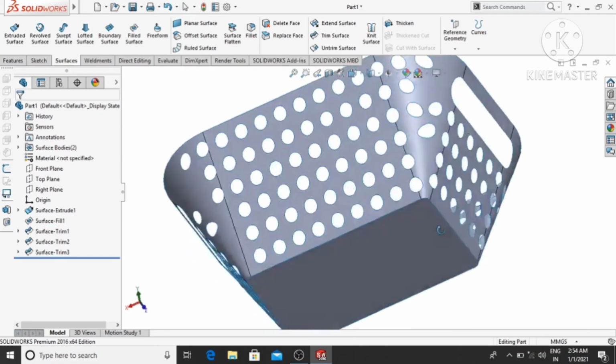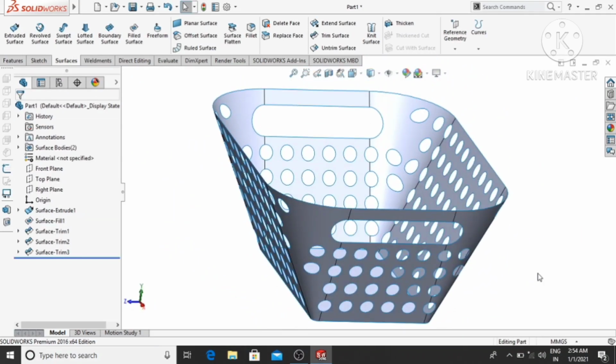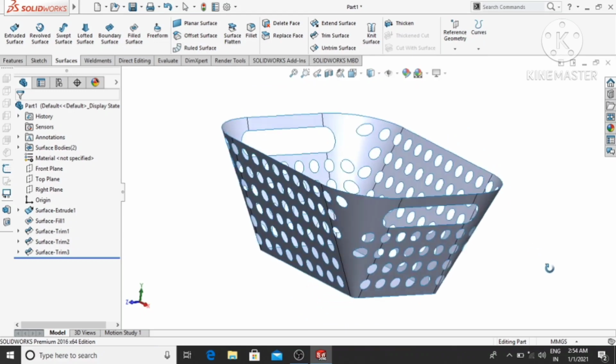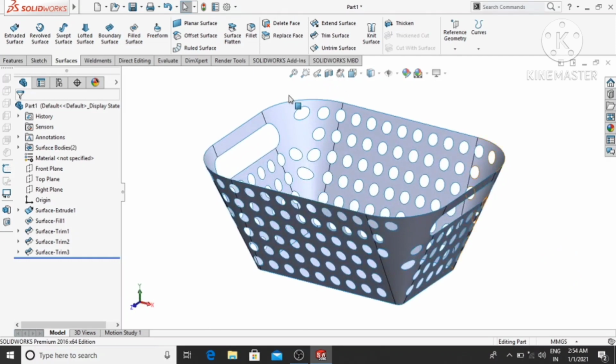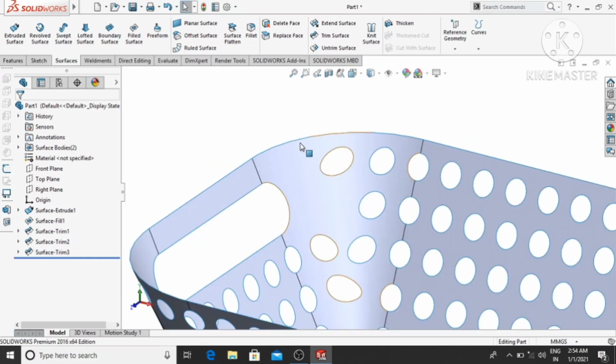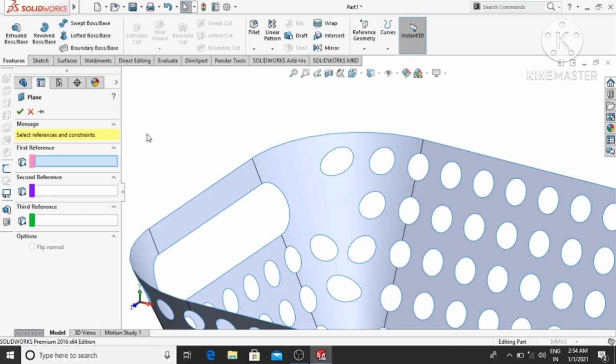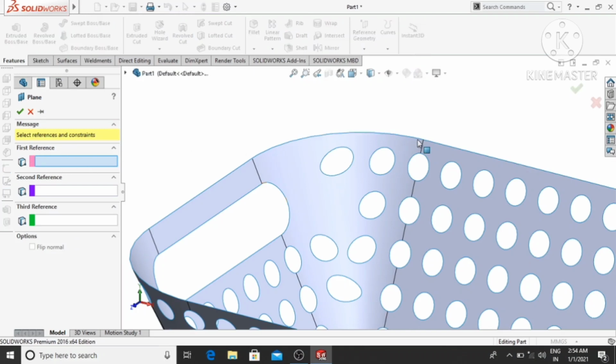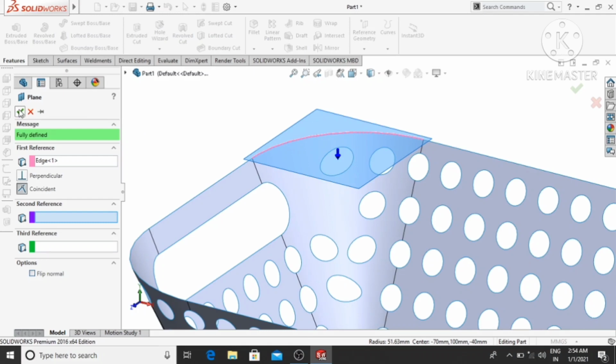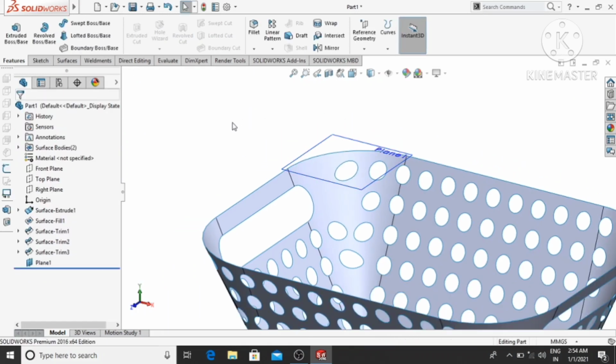So we make this sketch here. Here we make the plane on this edge. So go to the features, select this one and select plane. Here it will ask first reference, so select this edge, then OK.